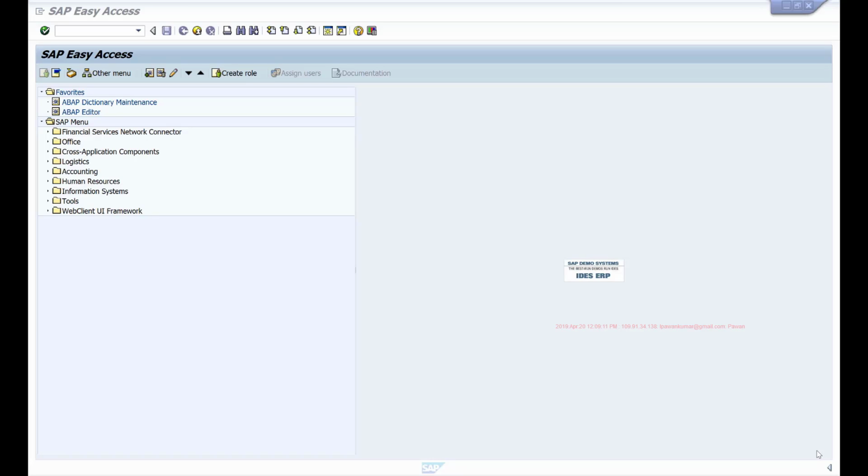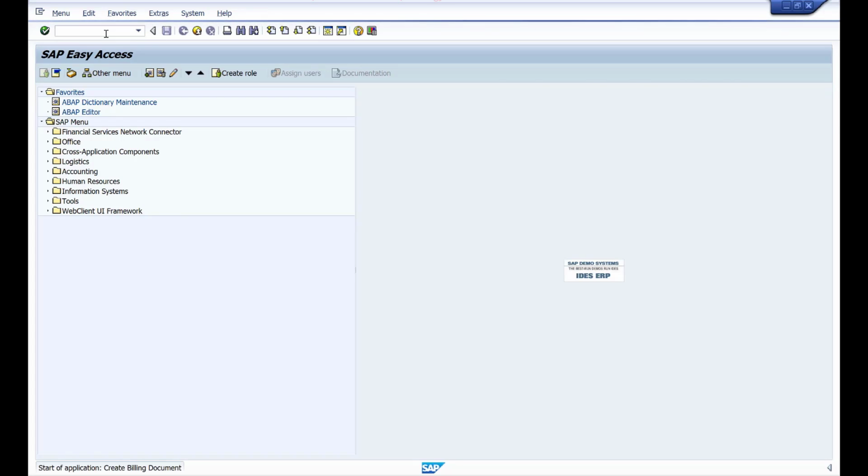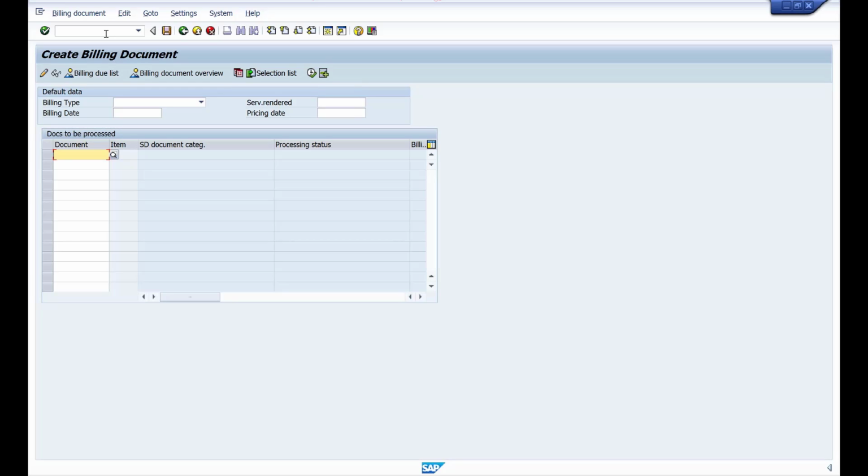However, in SAP, using ABAP, you can also develop transactions that the user can use to carry out various activities. For example, if the user wants to create a billing document, he can go to this transaction VF01 and use this screen to create a transaction. He'll input a lot of information, and then once he clicks on save, the document will be created in the system. So this is not a report program. This is a transaction using which the user can actually update the data in the SAP system.